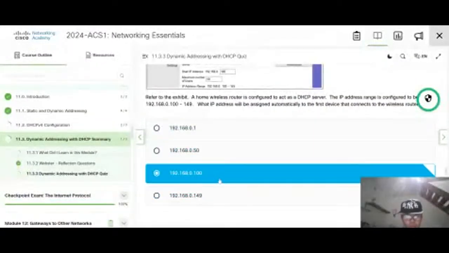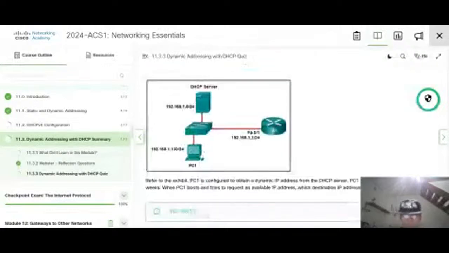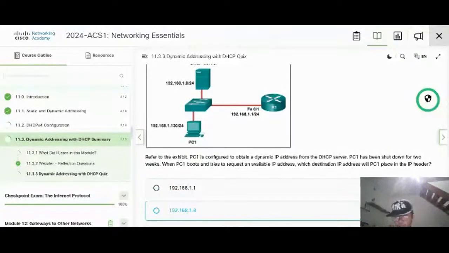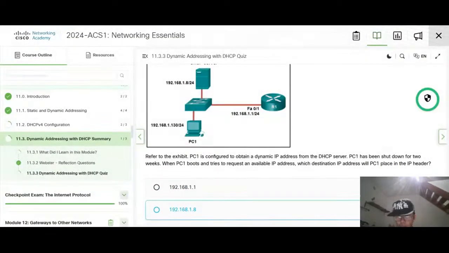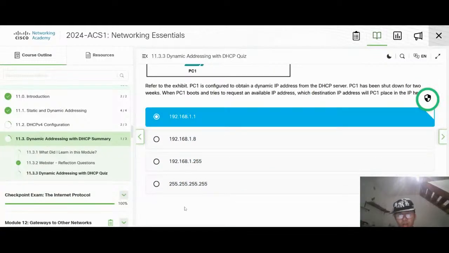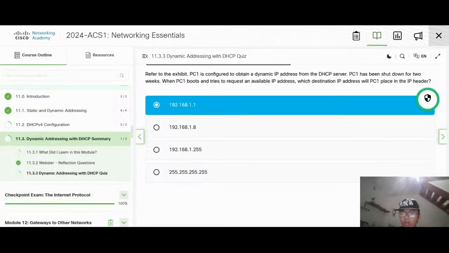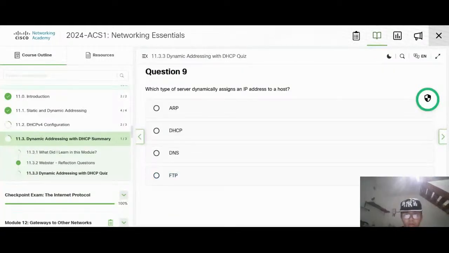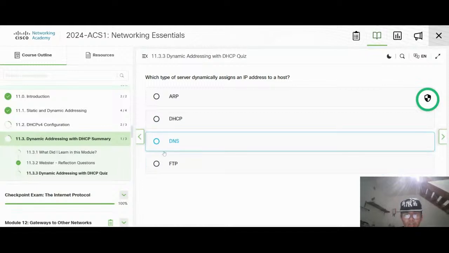Next, we have this one. It started from 100, so for this one. Okay, the first PC is configured to 10 dynamic from the DHCP server for 2 weeks. IP header, it will get the router one, so it could be this. Next, DHCP.